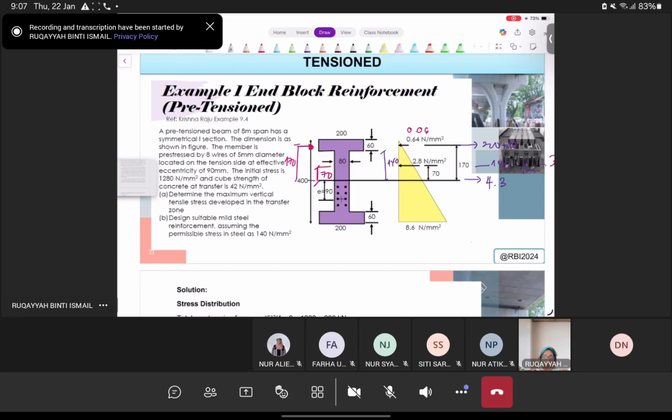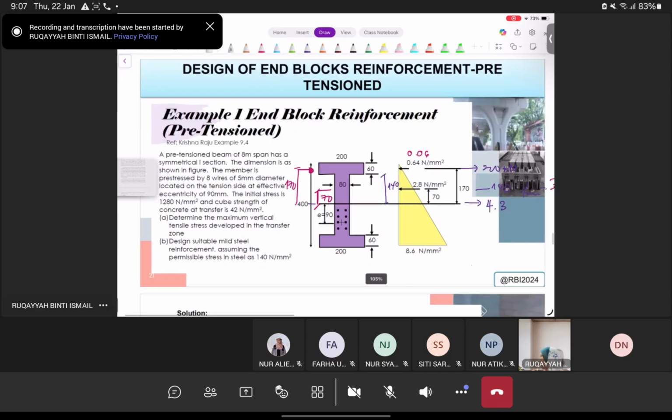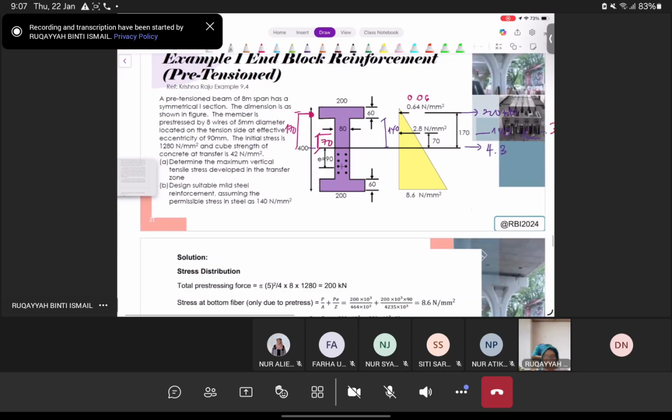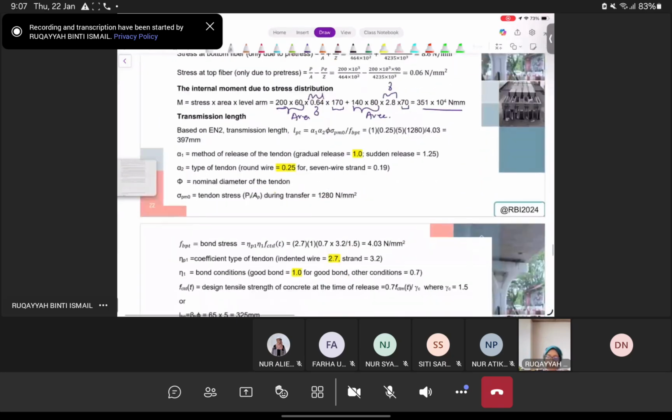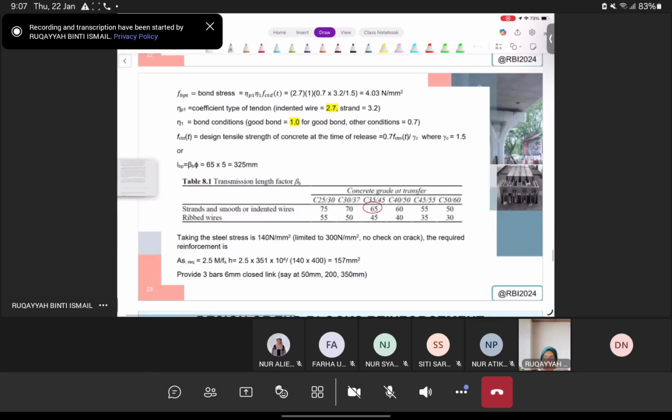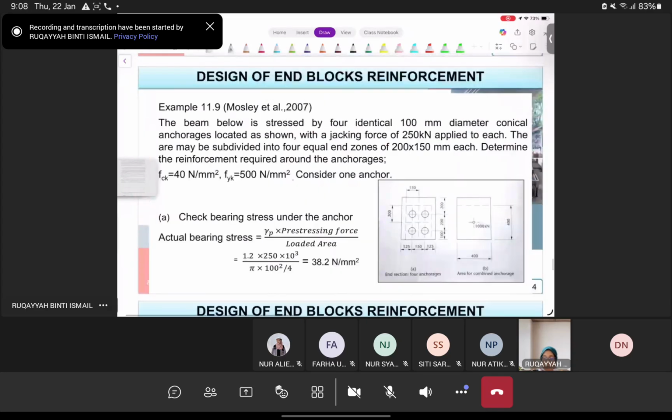Yeah. All right. So example. So we have one example. What are we covering? For this topic, we're going to do only one example. Okay, the second example